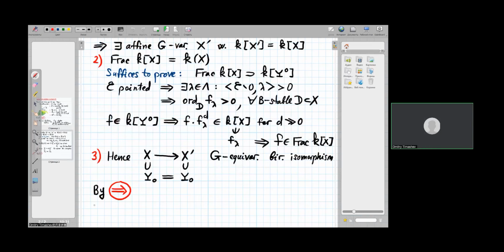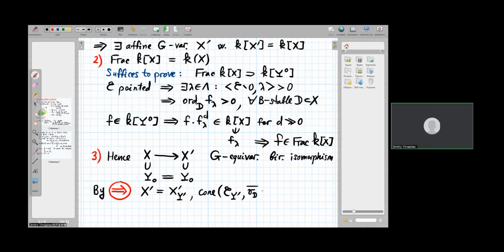By this implication, we can say that this X prime is simple. So it is a simple spherical variety with a closed orbit Y prime. And the cone generated by the cone of Y prime and all colors